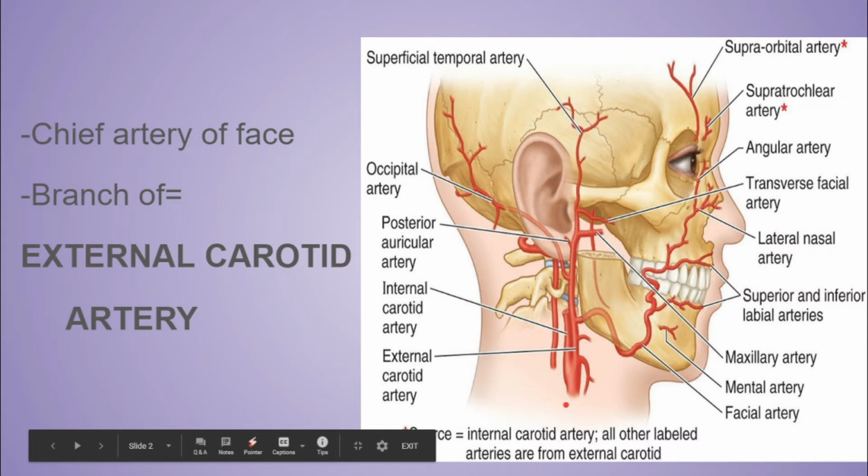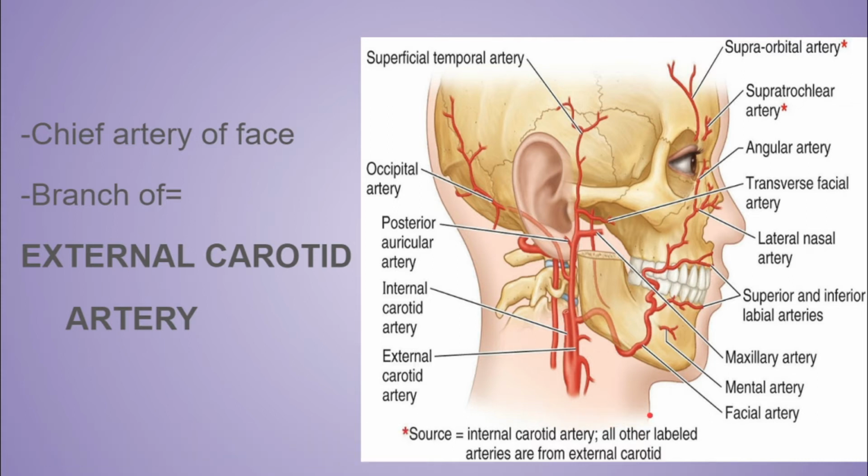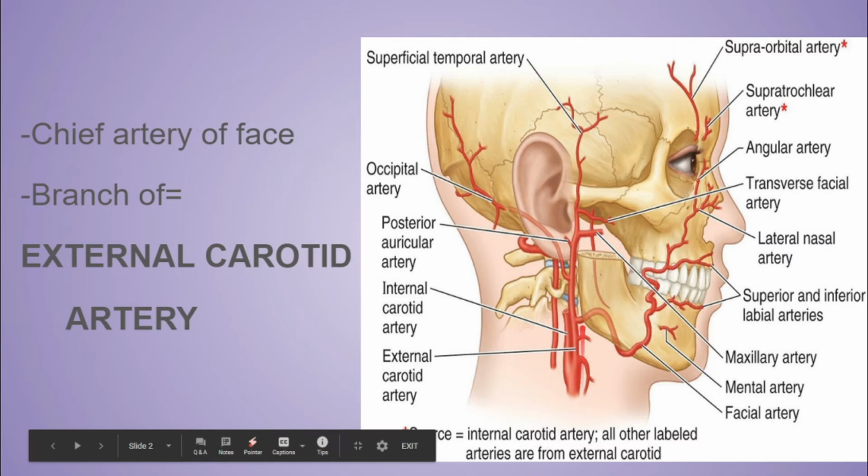the greater cornu of the hyoid bone. Here will be the hyoid bone, and above the level of the tip of the greater cornu of the hyoid bone, it actually begins. In the cervical course, that means in the neck, it passes through the submandibular region and finally enters the face. So in order to enter the face, it has to pass through the submandibular region in the neck and then enter the face.